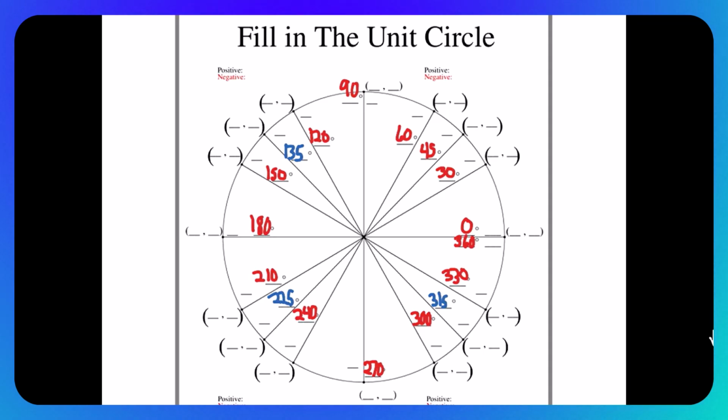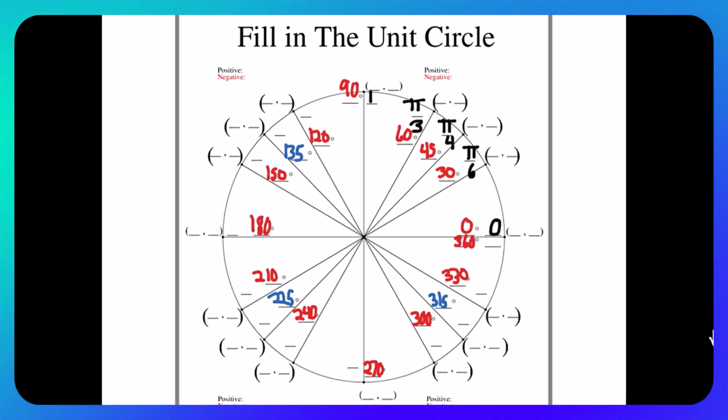We'll focus more later on how to convert into radians, but when we look at angles, there are measures that are degrees, and there's another way to measure them in radians. For this first quadrant, the first one is 0, the second one is pi over 6, the next one is pi over 4, the next one is pi over 3, and then this one up here is pi over 2. Now half a rotation is pi,